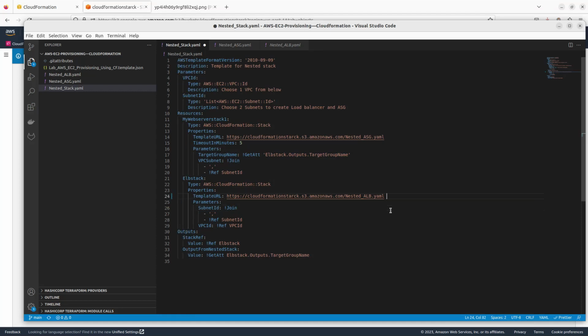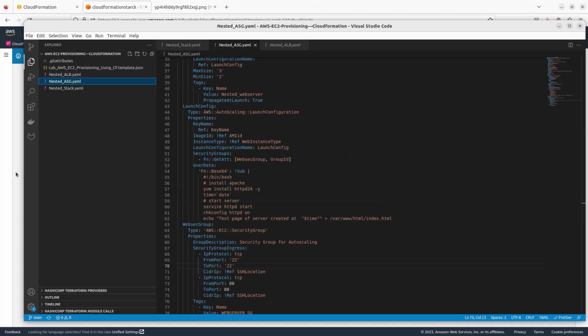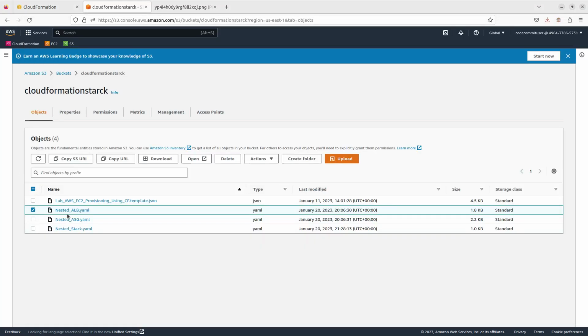Okay, I can save that. So that was just a simple demonstration of what you have to do in order to have it up and running correctly. Once you have the three files in your S3 bucket, what you need to do next